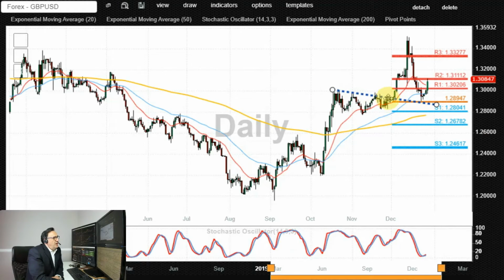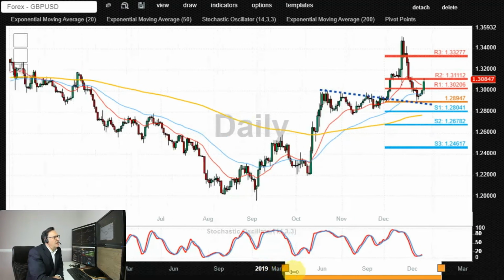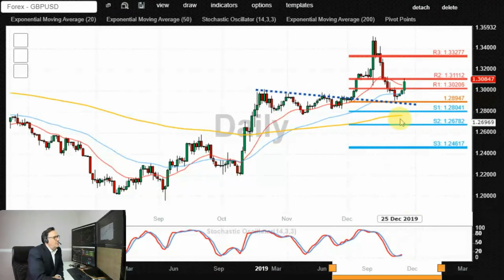Cable volatility was quite visible. This breakout level here at 129 was the one that we got just before the election results, and now we are seeing a retest of that level from above as a newly found support. So the key trading level going forward is at 129 for anybody trading cable or sterling dollar. Bulls appear to be in control above that level, potentially looking for an extension to the upside, looking for a resistance at 132, 133.30, possibly 134.80,